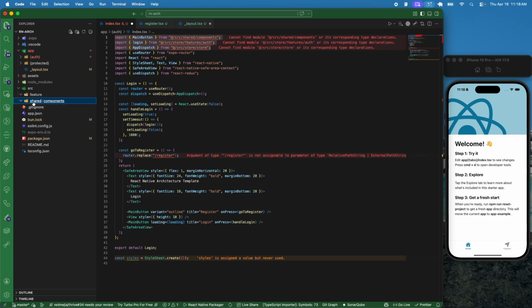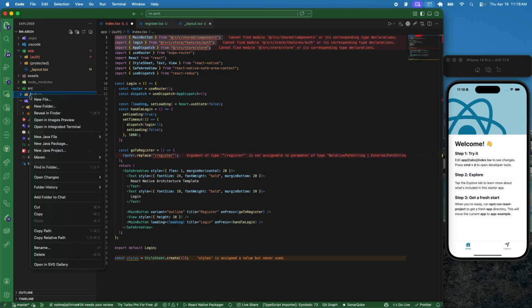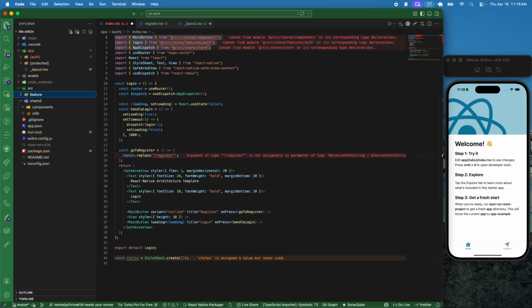And then we can have another folder here, call it utils, just as an example, right? And this utils is about the same concept. Everything that is in the utils in here will be used across all the screens, right? So in the feature folder, we are going to create a few